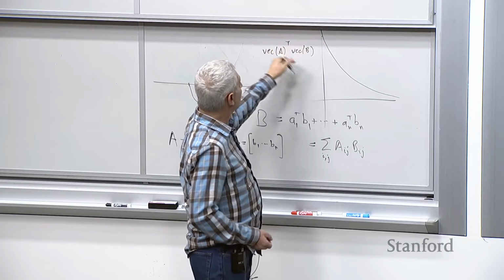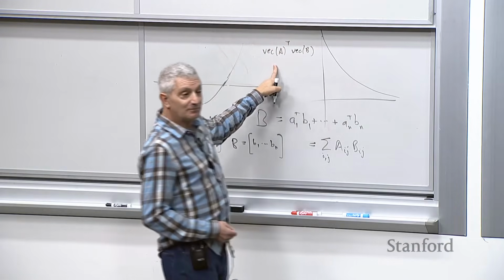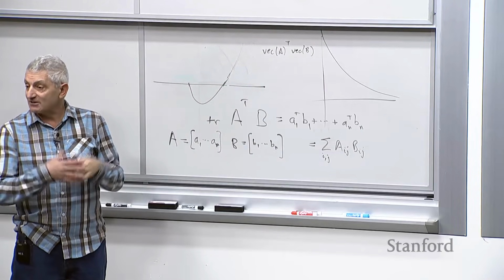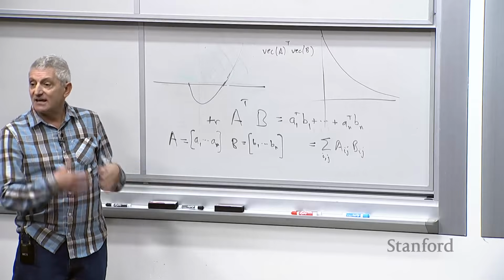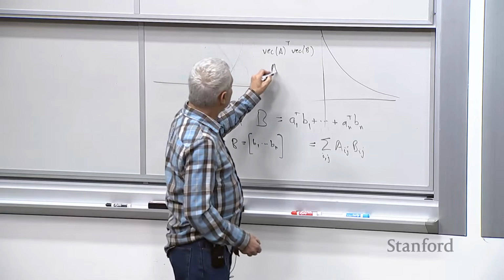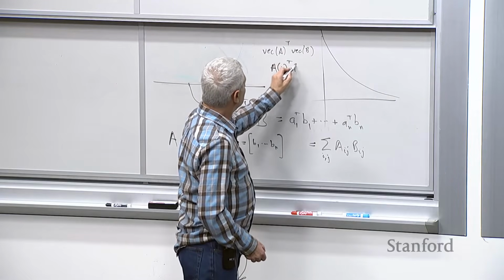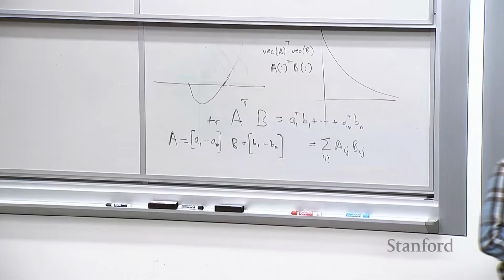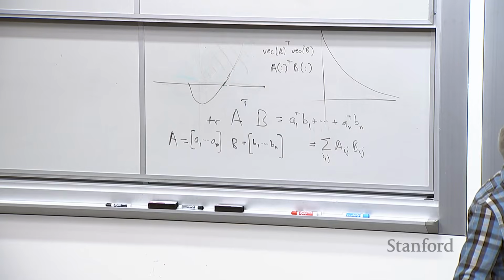This is not standard mathematical notation, but most people would know what you're talking about. Vec is some mapping that strings out the entries of your matrix in some specified order. Okay? Or even worse, you could write this, right? And I don't know what that is, but it's evocative of certain languages I'm not even going to mention. Okay? But whatever, everybody got that? Okay, so these are just things you'll see before.